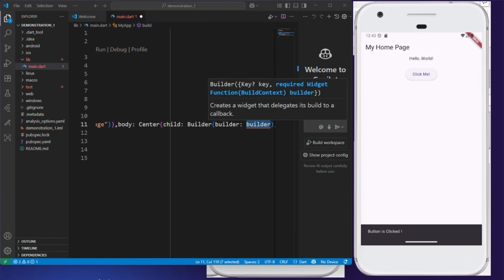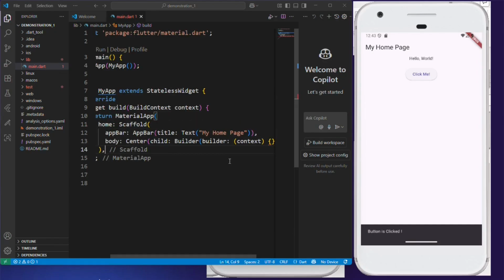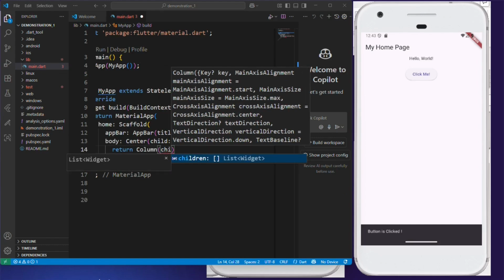inside Builder, I want to write down using these construct context and opening and closing bracket. So these represent widgets written by Builder. So I am clicking on this. Now again press Ctrl S, so it will reformat your document. Now inside context, we must return Column. Now Column consists of three children. You can see Text, SizedBox and ElevatedButton. So inside Column, we write down children,